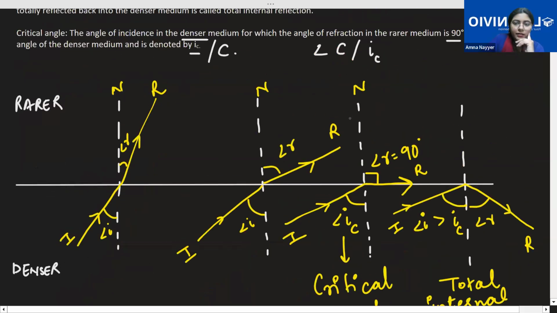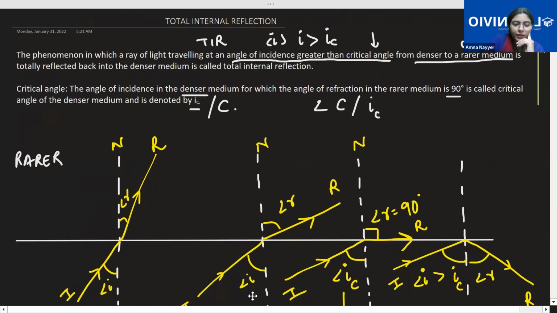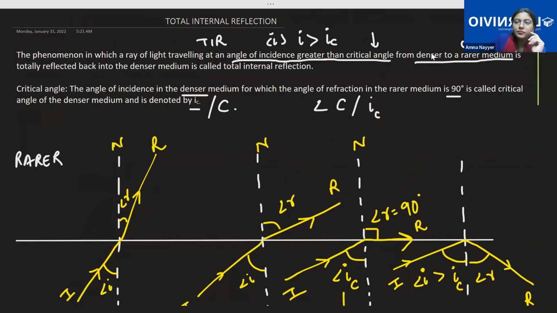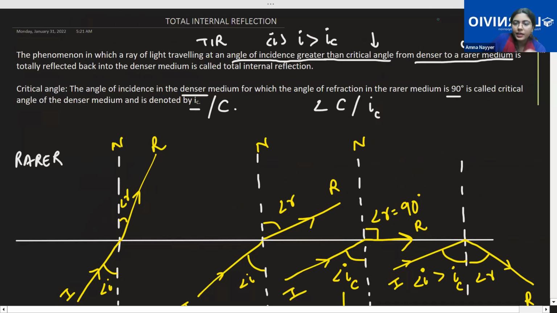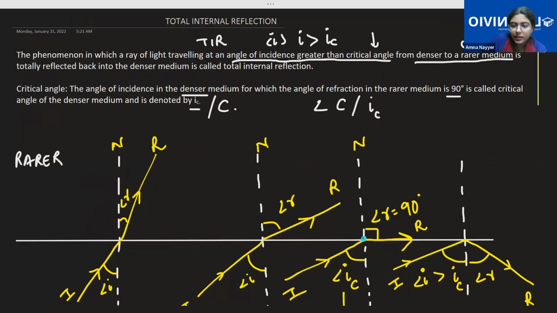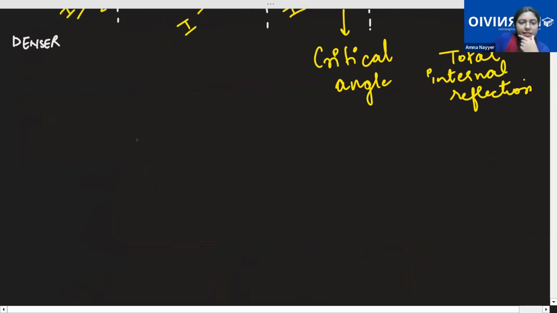Okay, this much is clear to all? Definition? Yes, ma'am. Okay, let's apply a little bit of Snell's law that we have studied. Let's name this point as A. This is point A. If I apply Snell's law at point A,